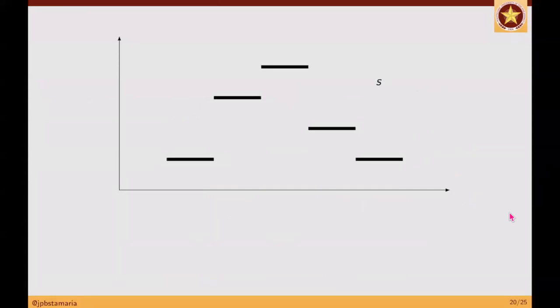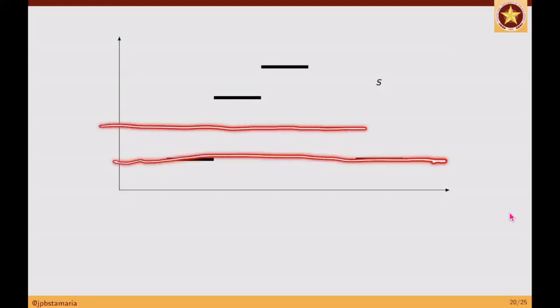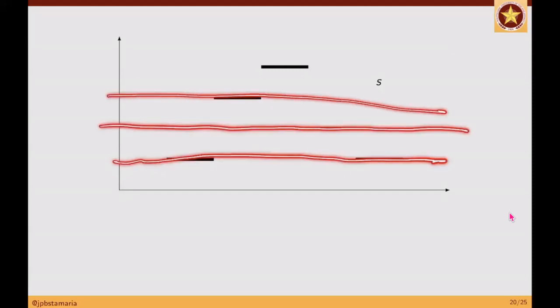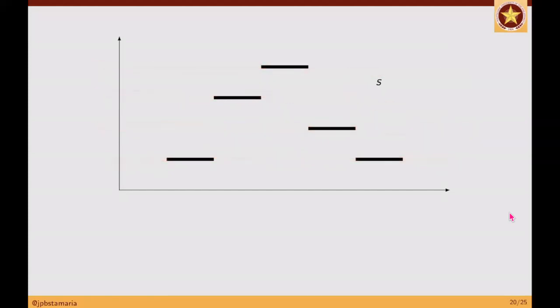I have an example over here. So, for example, this is a function in R, sa real number line tayo, which is an example of a simple function. Paano ko nasabing simple function to? Kasi when you look at the range of this function, yung values niya, 5 lang, no? Ito yung isa. Ay, 4 lang pala. Ito yung pangalawa, ito yung pangatlong value, ito yung pang-apat na value. May 4 lang na values yung function mo. So, kung ililista mo yung 4 na values na yun, C1, C2, C3, C4. 4 yan ha. Please correct that this is a 4.